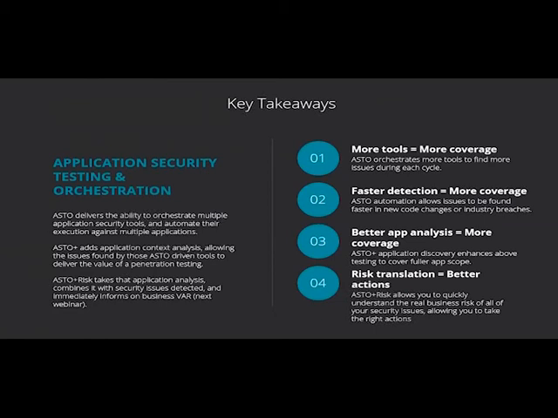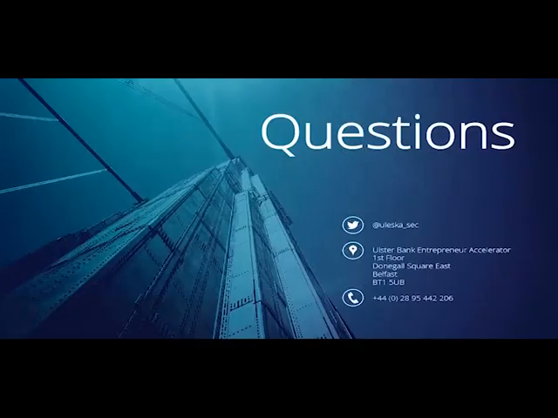So that then covers our webinar. That is the issues that people have with web security programs, the ability to cover all the security they need to do and understand what secure actually is. We've covered ASTO products, how they address these types of issues and how they allow automation, orchestration, and correlation of the many types of issues that can be found. And we have our key takeaways here to allow us to understand how we can better cover our application security programs. With that, we can then get to the point if we have any Q&A for our programs.